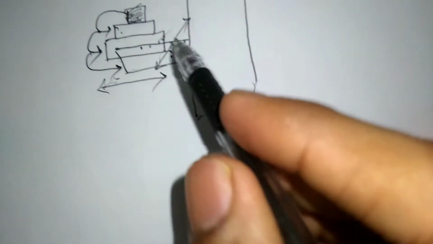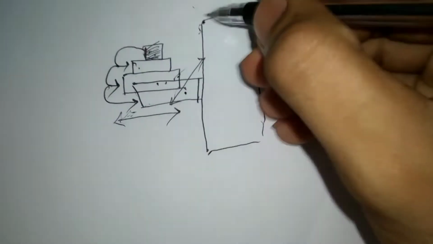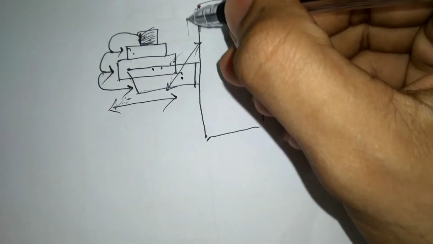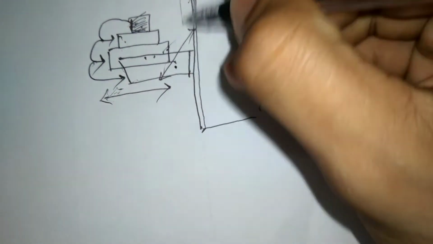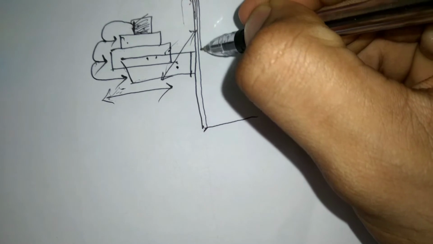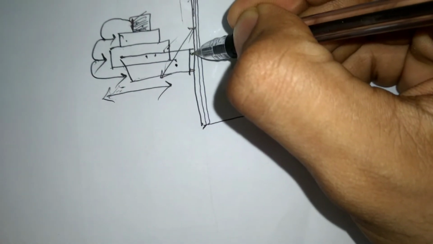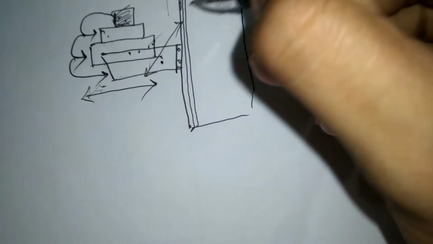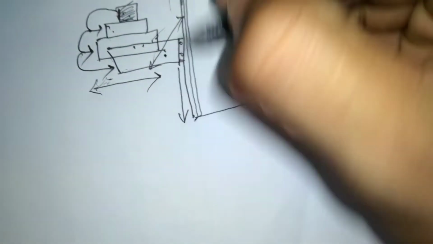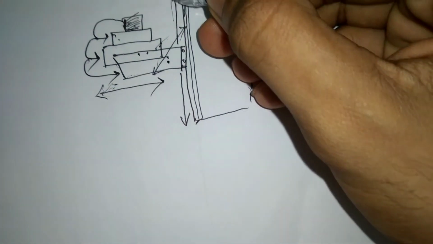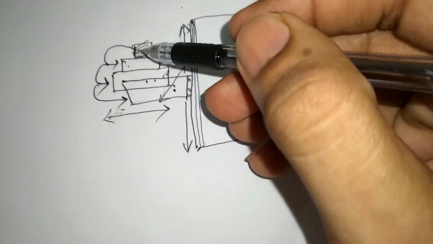So this knee is mounted to the column by some vertical slides. So there exist some vertical slides, and because of that this knee is able to have its vertical motion. This knee is able to have vertical motions, which in turn provides vertical motion to the job.